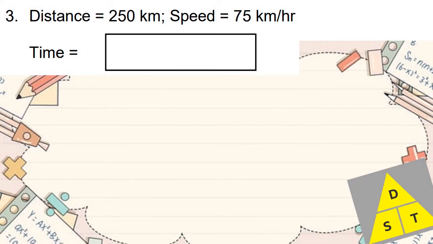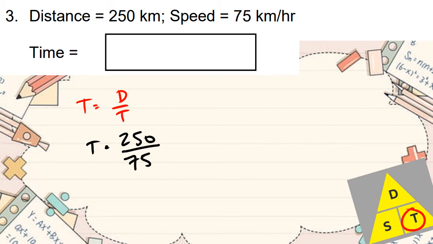Distance is equal to 250 kilometers. Speed is 75 kilometer per hour. Find the time. So time is distance over speed. T is equal to distance over speed. T is equal to 250 divided by 75, and that is 3.33. So the time is